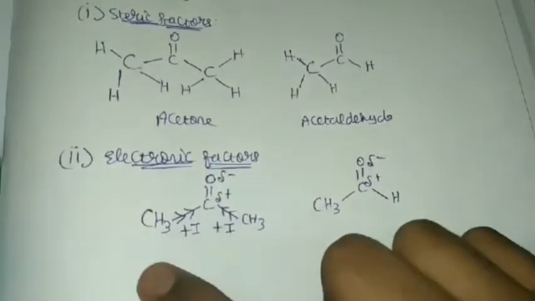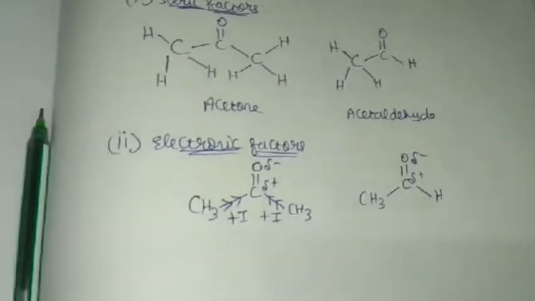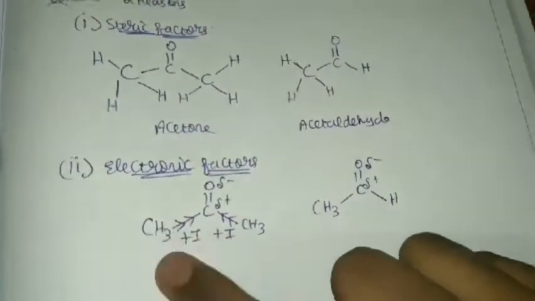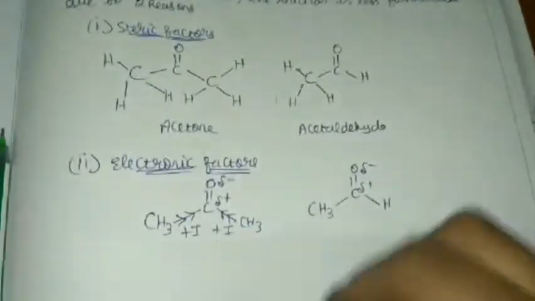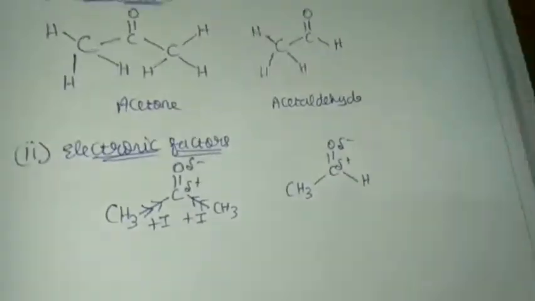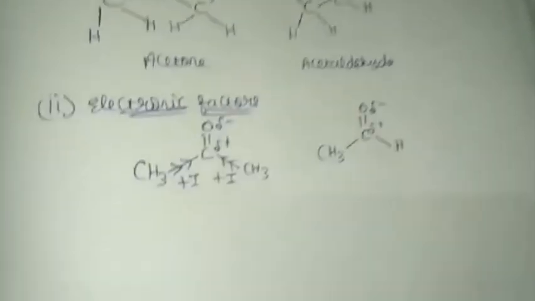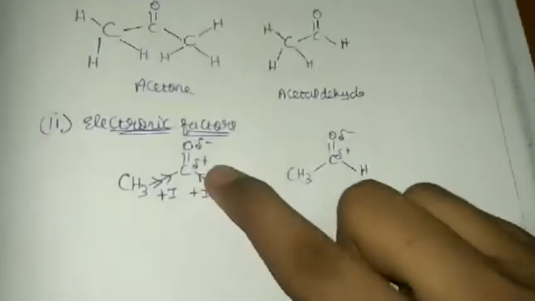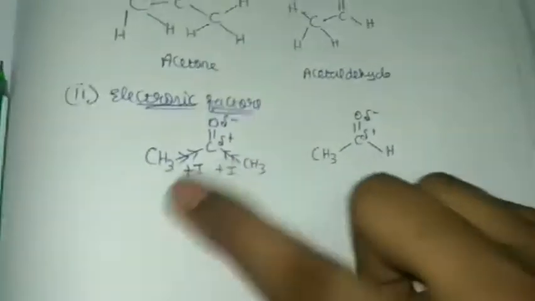But the CH3 present here is an electron donating group, right? Plus inductive effect, general organic chemistry. So this inductive effect of the CH3 group reduces the positive charge to some extent, so the incoming nucleophile finds it difficult to attack. Nucleophile is what actually? The donor of electrons, right? A donor of electrons should have some positive charge so that attraction takes place and a bond forms. But here the significant amount of positive charge is reduced due to the plus I effect of the methyl groups.